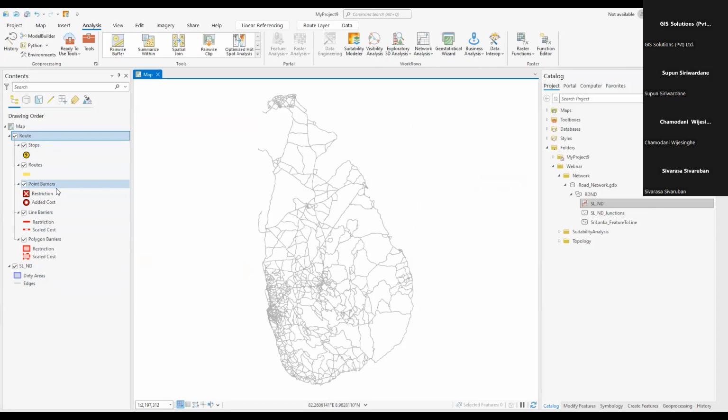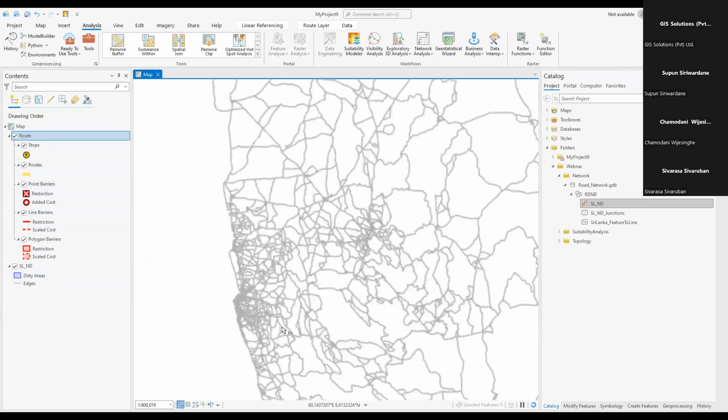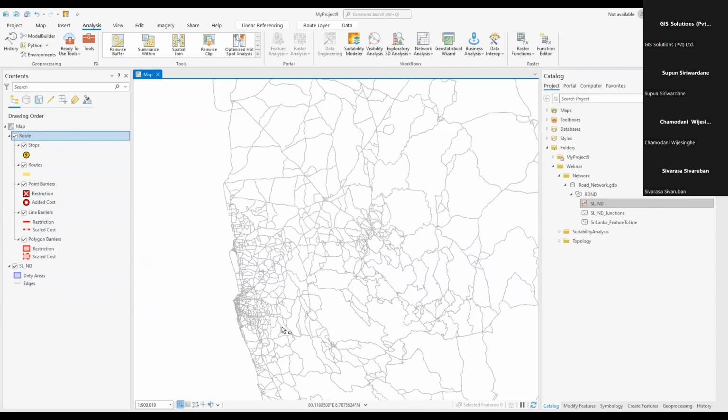Yes, now I'm going to give two stops to find the shortest path. So to give that one,